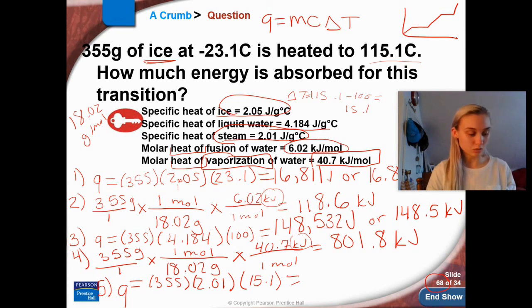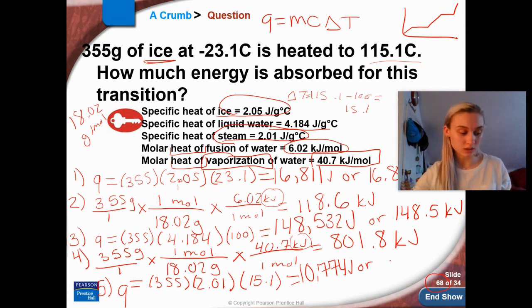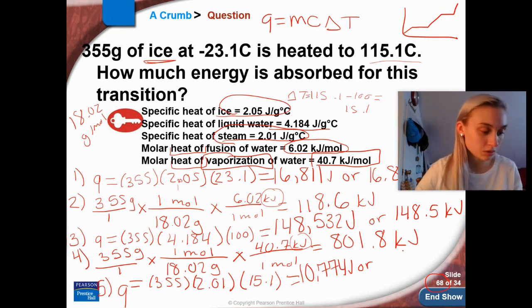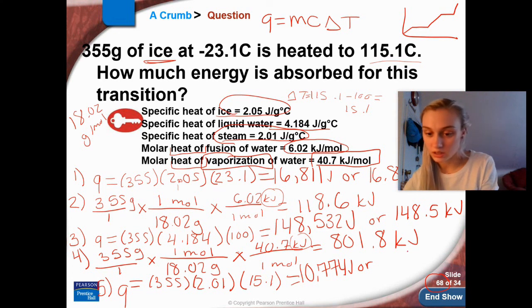355, 2.01, 15.1, and that is 10,774. But that's joules, and remember we want kilojoules, so I'm going to divide this by 1,000 to convert joules to kilojoules. Divide by 1,000, and we get